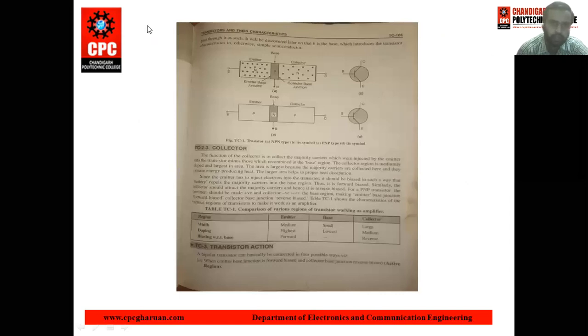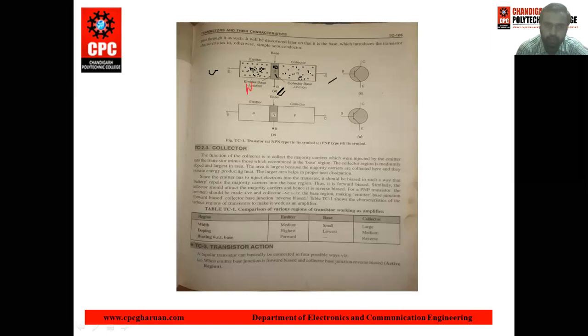We will discuss this so you can easily understand and relate to both. This is your emitter terminal, this is your collector terminal, and this is your base terminal. The emitter is heavily doped, and we are assuming an NPN transistor as the example. The N-type emitter has majority electrons, so it is heavily doped with electrons. This P is lightly doped with holes. That is the collector, which is mediumly doped with electrons, because it is N type.